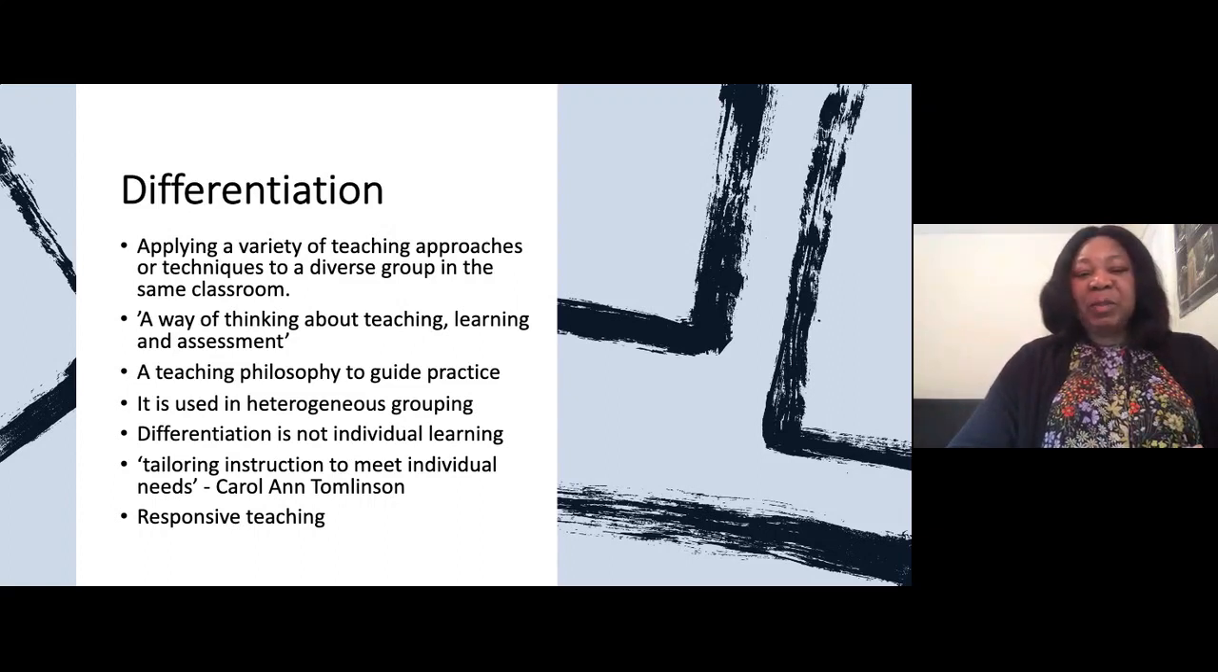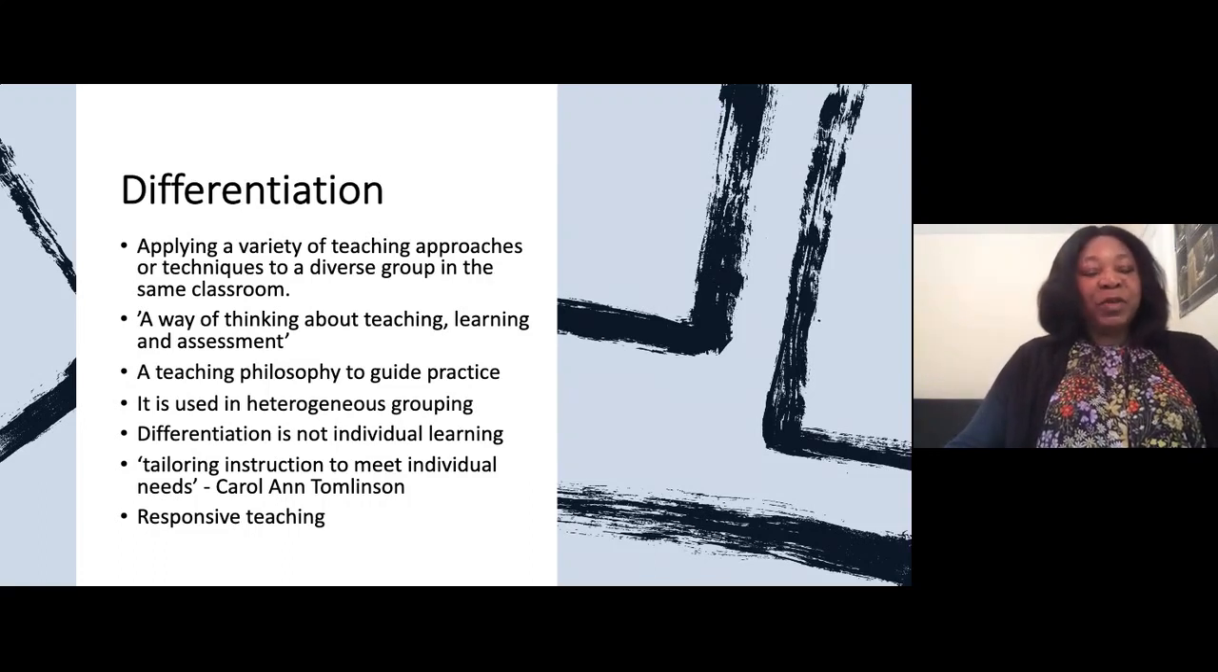Differentiation has been described in different ways. You could look at it as a philosophy for teaching, because if you understand that learners are different, your teaching philosophy might be that because all learners are different, then we may have to provide strategies to meet their learning needs. Differentiation can also be described as a way of thinking about teaching and learning and assessment, in which case,